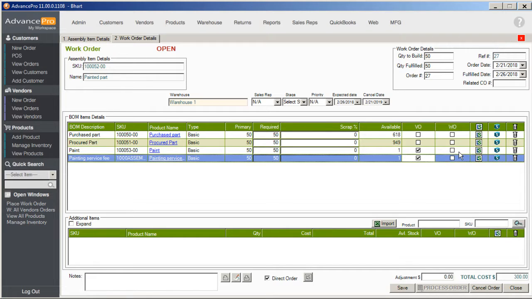So we can actually have a manufactured item as a component in another manufactured item. So we can go start a work order to get that, we call them a sub-assembly, so that we can have that sub-assembly so we can finish this job. And this is actually a whole tool set that's going to allow us to set schedules. You can see there's expected and cancel dates, priority levels, and stages that allow the work order to really document